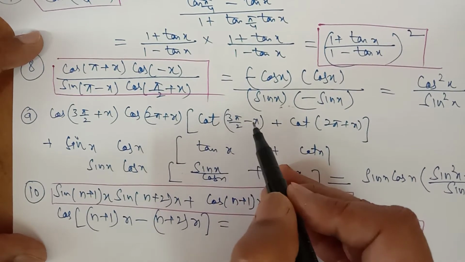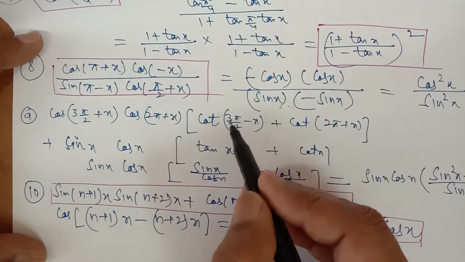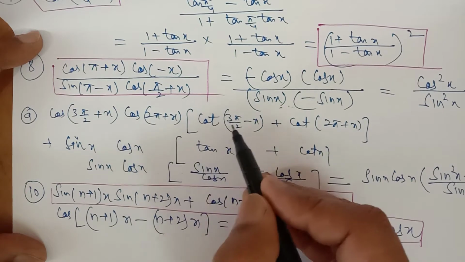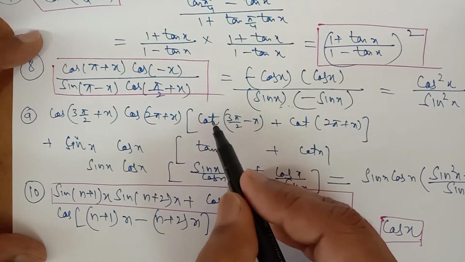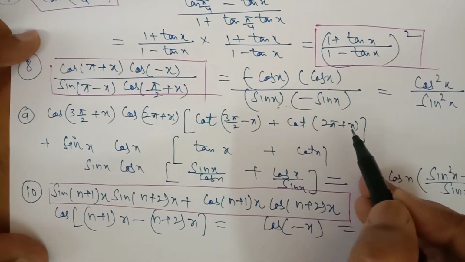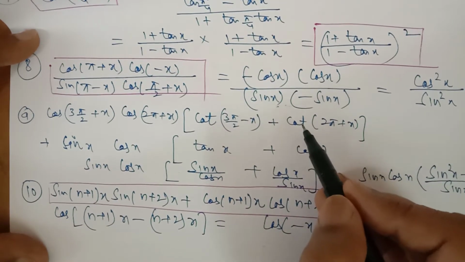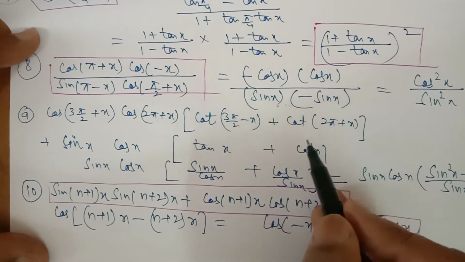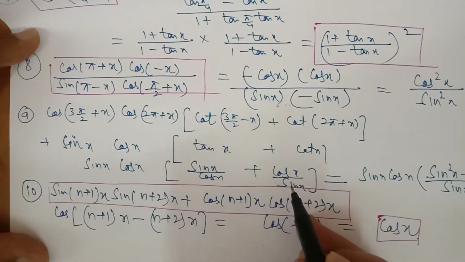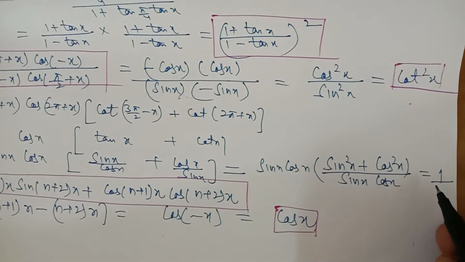Cot(270 minus x) is tan x, if you know it like this. Otherwise, I've told how you can write it easily: 270 minus x, third quadrant. In the third quadrant, cot is positive, and in a 270-degree angle the trigonometric ratio changes, so cot becomes tan. Now it is cot(360 plus x), which is in the first quadrant. In the first quadrant, cot is positive, and in a 360-degree angle the ratio does not change, so cot will remain cot. Now convert into sin and cos and add: it will become sin square plus cos square upon sin into cos. This will be cancelled out with this, so sin square plus cos square is equal to 1.